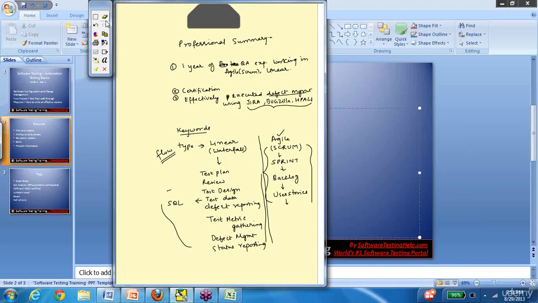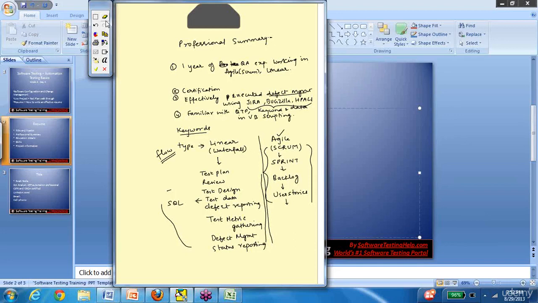Okay. Next, you can say another thing, if you're familiar with QTP: keyword and data driven methodologies in VB scripting. So you see, we are trying to include as many keywords as we can.